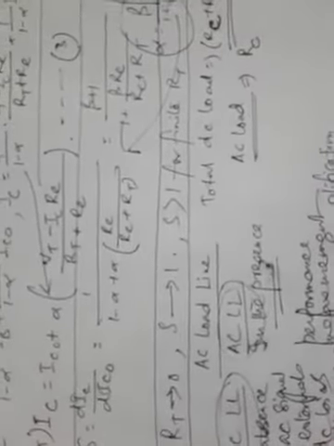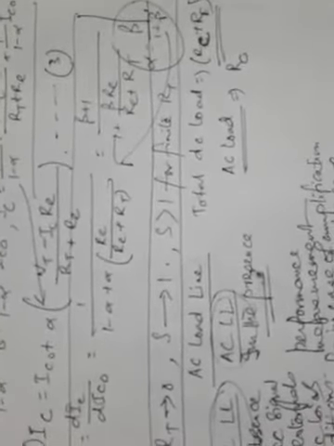That means RE will be excluded from the calculation of AC load. So for AC load, the only responsible resistance is RC. So this is the difference between the two. For DC load, RC plus RE, and for AC load, the load is only RC. And a new AC load line we can draw to describe the circuit AC performance.